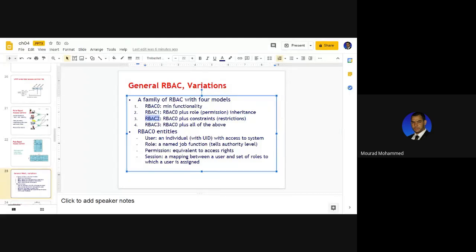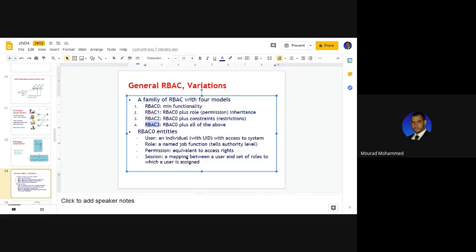We talk about role-based access control. Noted. So it's the same, level 0, in addition to the constraints, constraints with other roles or other resources. Level 3 is still the same as level 1 and level 0, so plus both of them, the inheritance and the constraints.